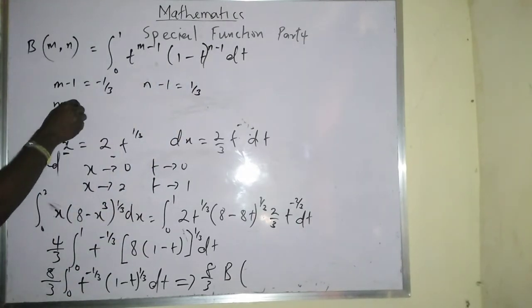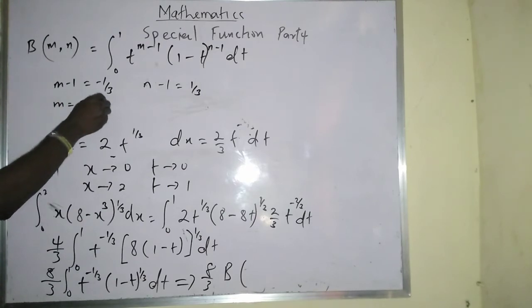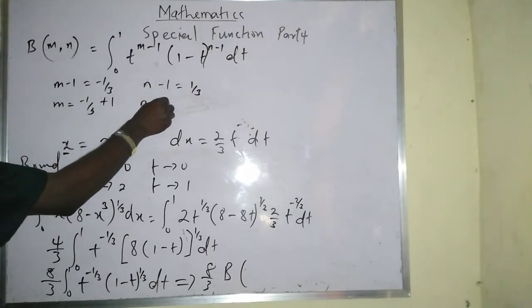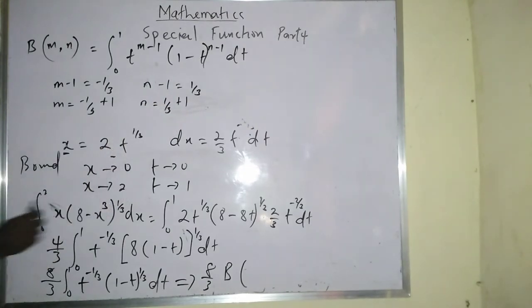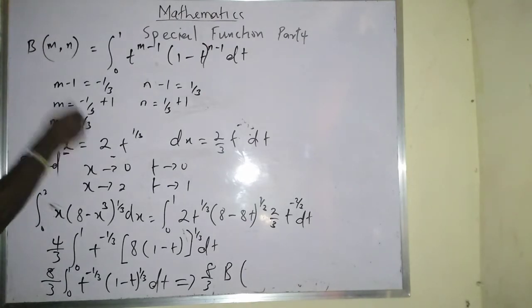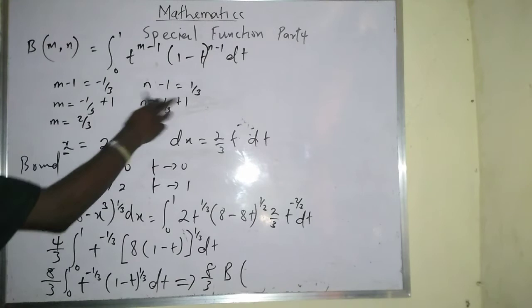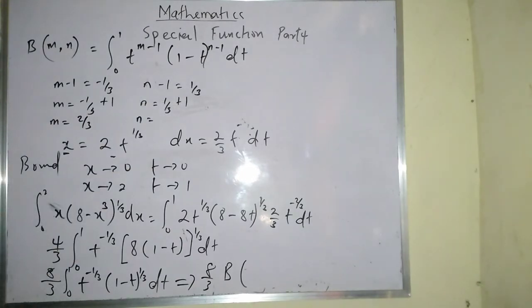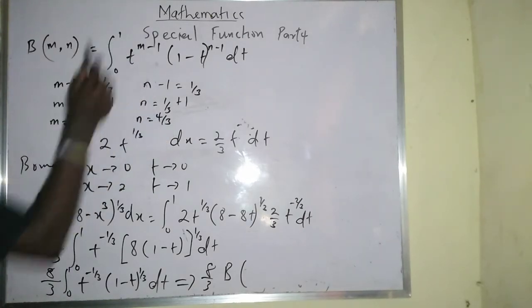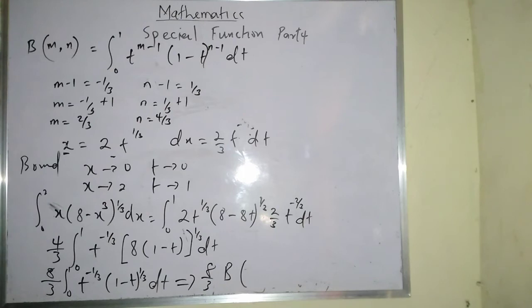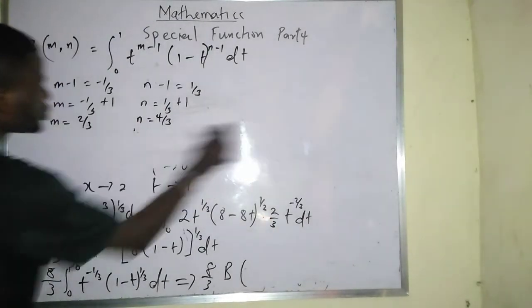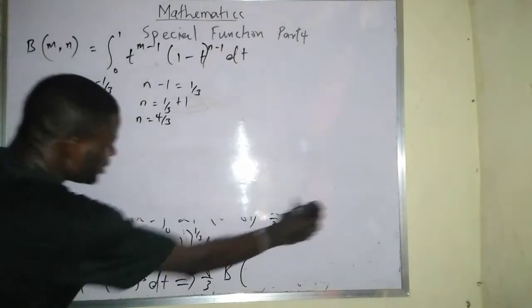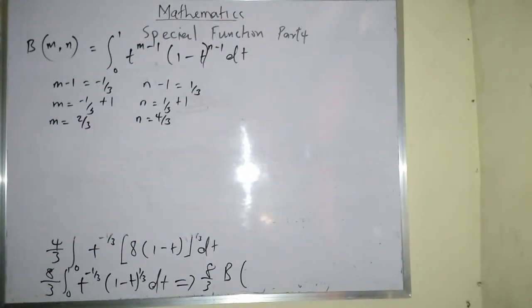When I have minus 1 over 3 plus 1, and 1 over 3 plus 1, it means my m will be 2 over 3, and my n will be 4 all over 3. Yes, the LCM is 3. What am I trying to do there? This thing is very important. I'm just comparing the degree of what I need. Now, since I have that, it means